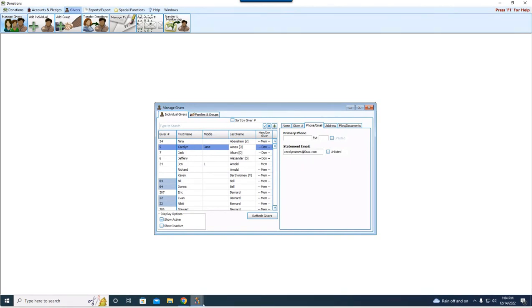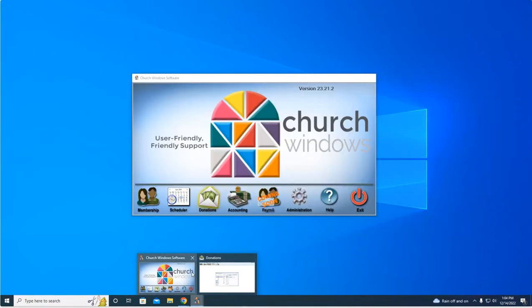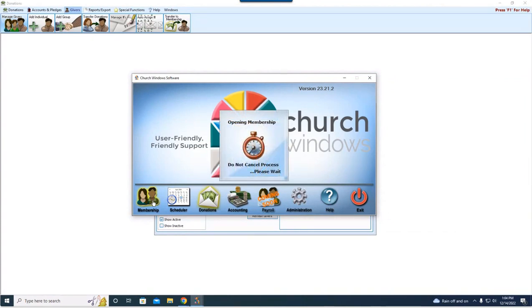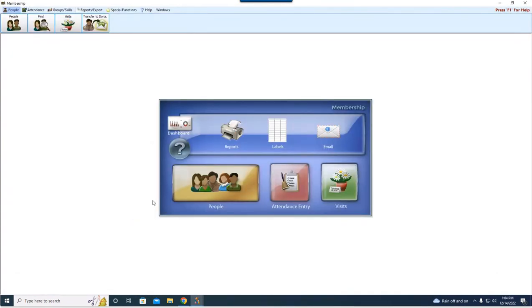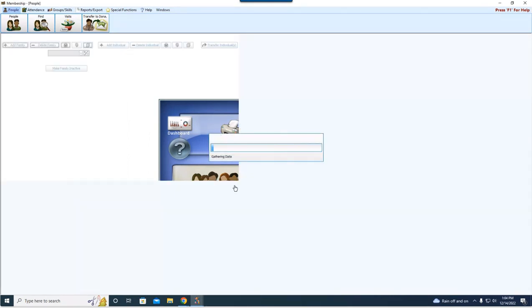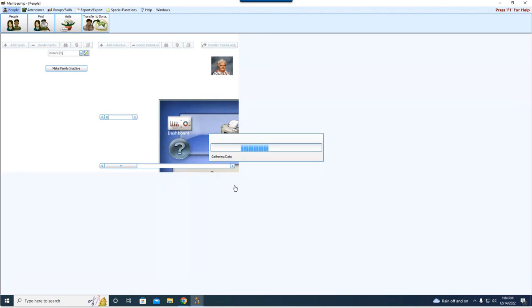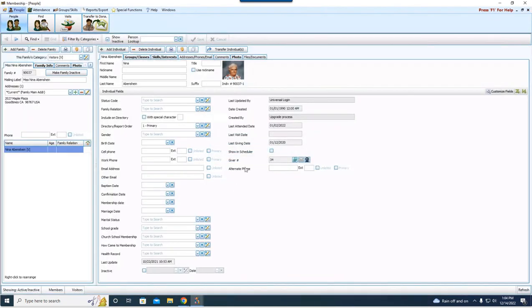Okay. Now, if you are working over in membership and you have people or families that you've put in membership, you need to make sure, one, you have an email field set up over in membership in the customized field section right here. But then you also need to pay attention to how you have your individuals or your families